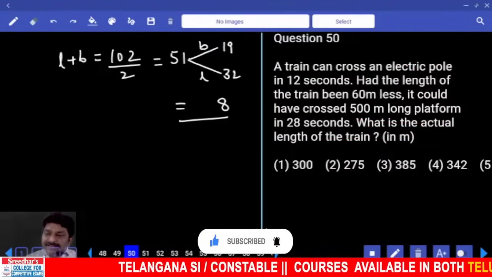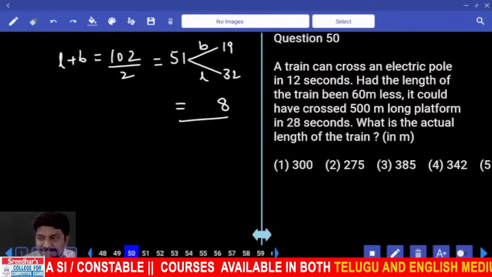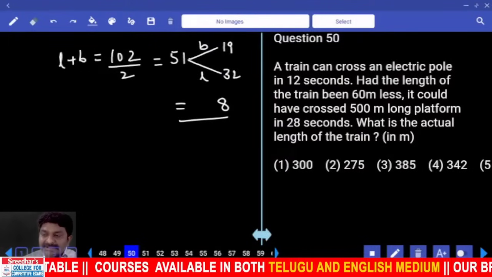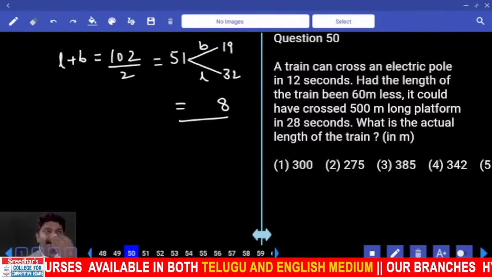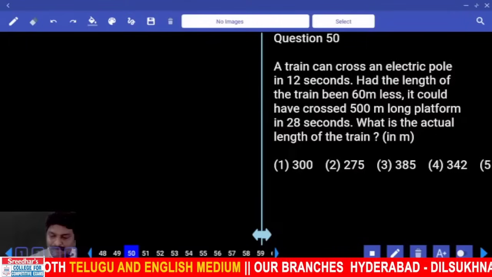A train can cross an electric pole in 12 seconds. Had the length of the train been 60 meters less, it would have crossed a 500 meters long platform in 28 seconds. What is the actual length of the train? Okay, now,